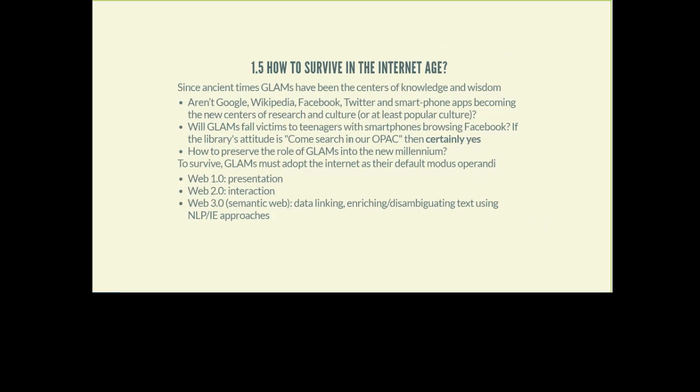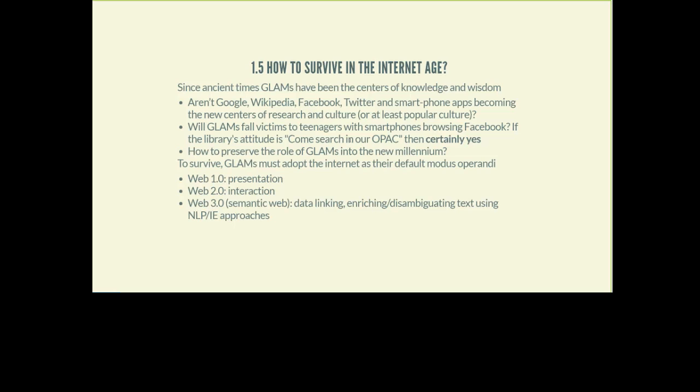Perhaps teenagers with smartphones are going to have the best of such GLAM institutions, because they will not go to the library to search through the library catalog. They want to be able to find everything they need using their smartphone on the web. So even if the library has an online catalog that is accessible through the web, the library still needs to think about exposing that information to Google so that Google can index it. In other words, GLAMs really need to make the internet part of their modus operandi, to really subscribe to it and use it in their daily operations.